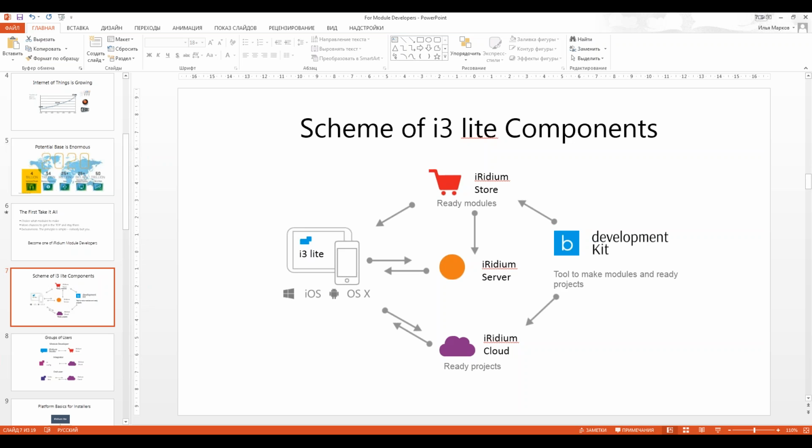It is iRidium Studio for creating modules, and when a module developer creates a new module, he can put it on iRidium store. And then when the integrator wants to create a project with iRidium, he should use the second part of the development kit.